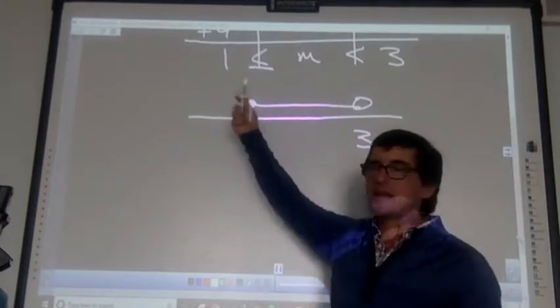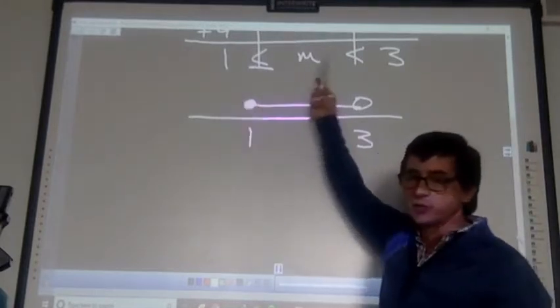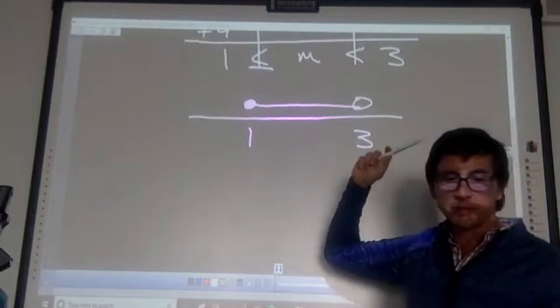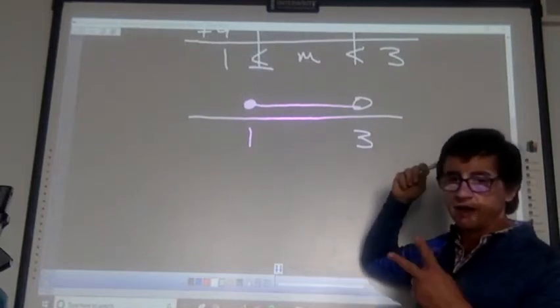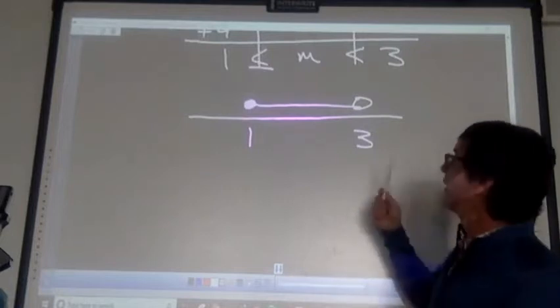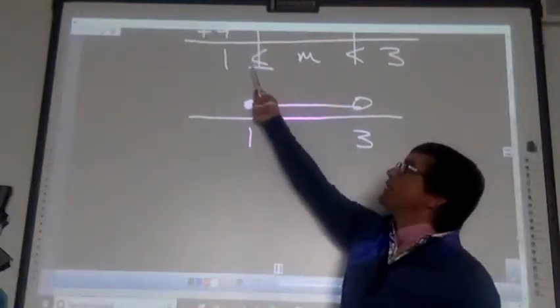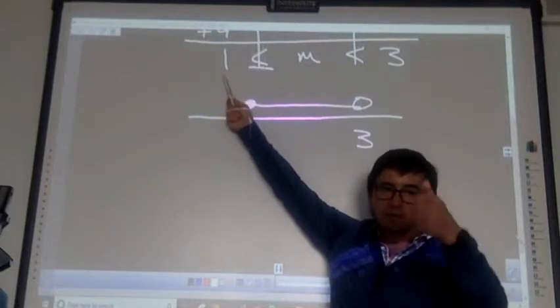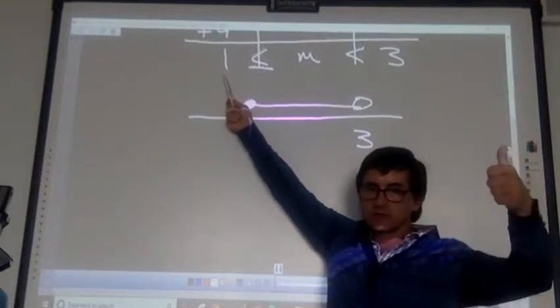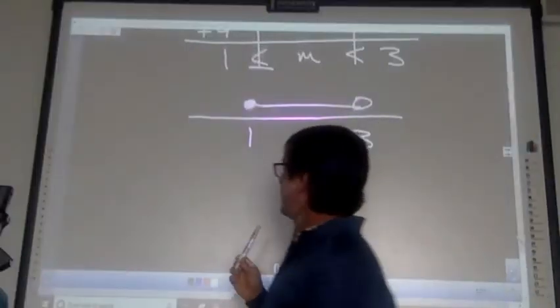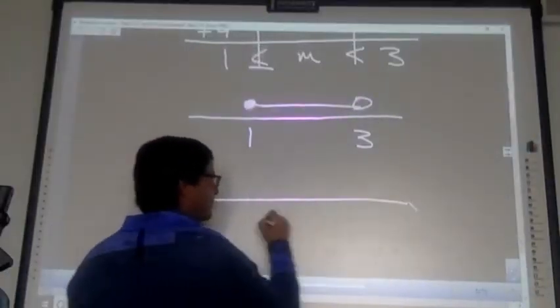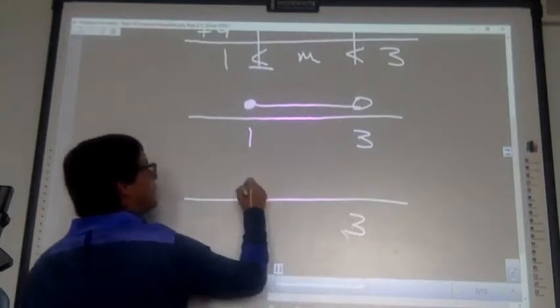So I think of these and inequalities like it's in between 1 and 3. Somebody show me with your fingers a number in between 1 and 3. Ari was ready already. 2, right? So is 2 greater than or equal to 1? Yes. Is 2 less than 3? Yes. Okay? So if I show you this graph, because you might see this at some point,